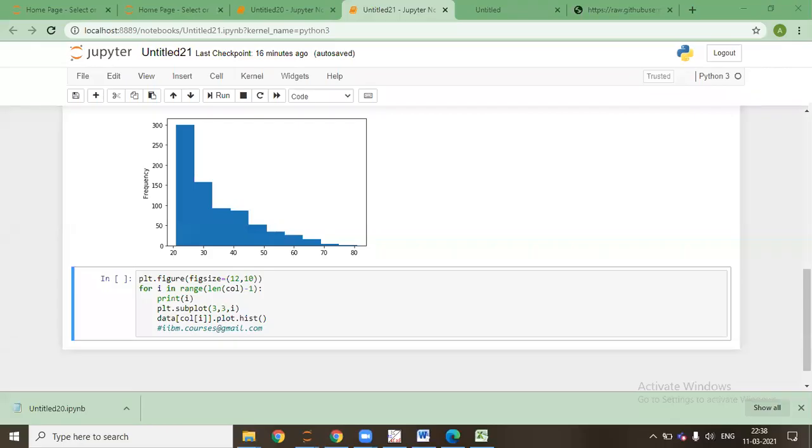Sir, you're sharing the code base file only, right? So you're not sharing the Excel notes? I normally prepare the notes in the Jupyter notebook only. Sorry, sir, I have not attended your class for long. Earlier you used to teach in Excel, right? Whatever you teach, you write down in the Excel sheet.